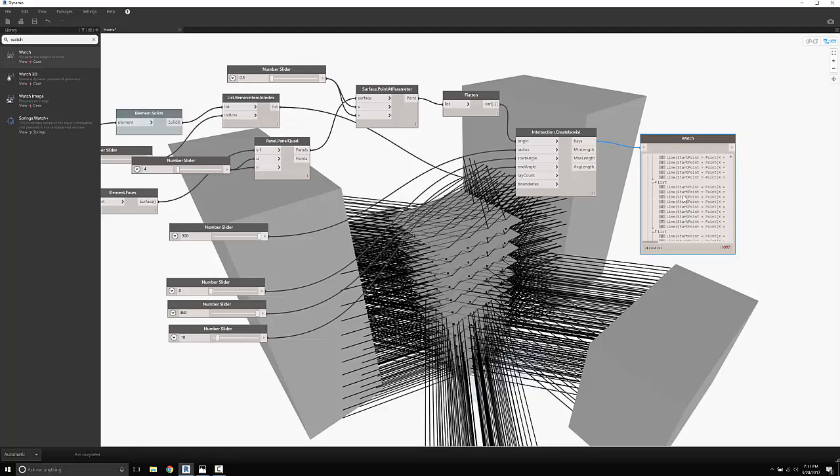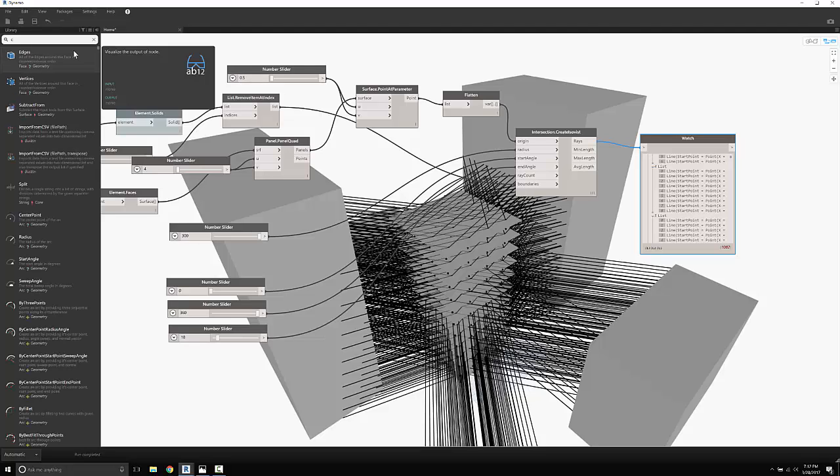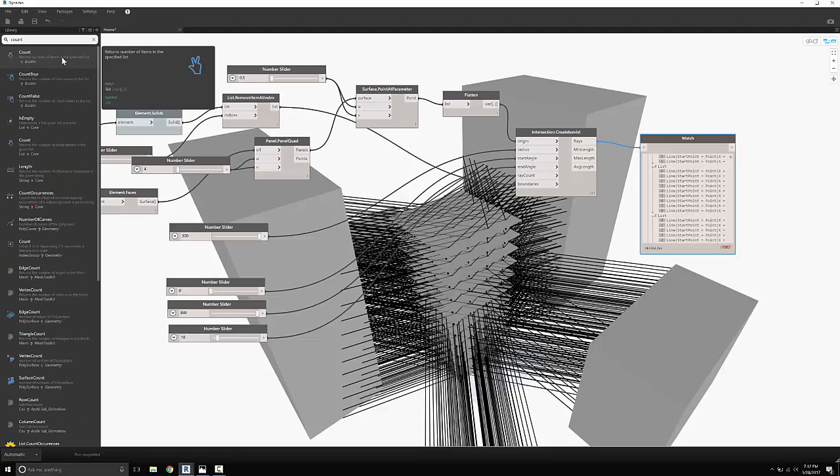And what I could presume is that the number of lines is actually a bad thing. If I'm hitting a bunch of objects, then that means it's not working, that the view from that location is not very good. So what I want to do is actually get a count for the number of objects for each of my points, and I'm going to use that to create the coloring on the plane on each of the panels. So I'm going to put in a count component, and if I put this in here,